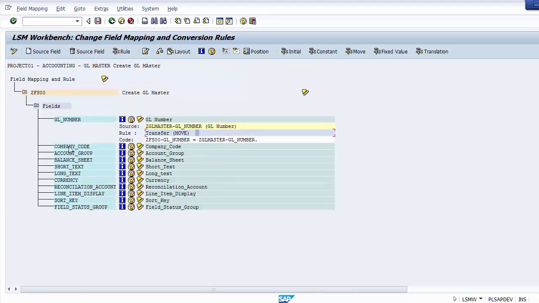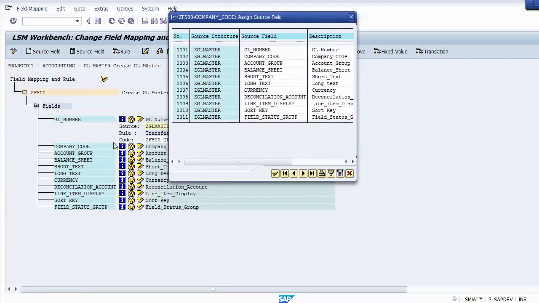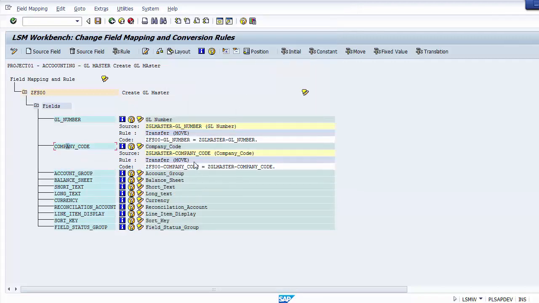Similarly, you need to assign all these different fields with the source field, and this is how the mapping of the source field with the target field has to be done. So if I now put the cursor on the company code, and again I go to the source field, for company code I would be taking this company code over here. This is the relation which I have defined. So I will double click on the company code now,